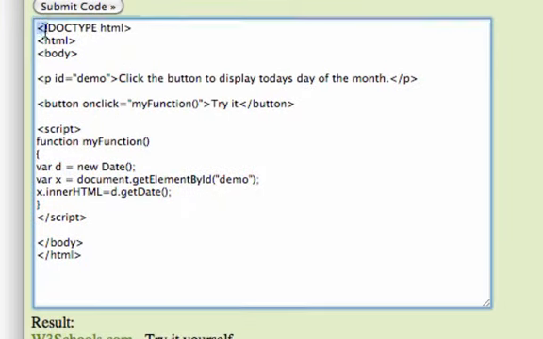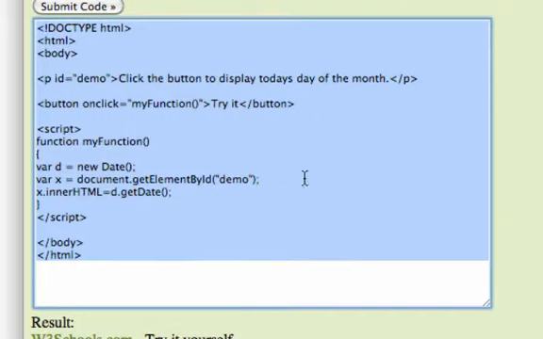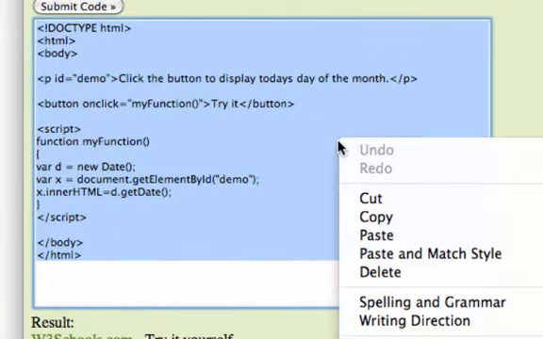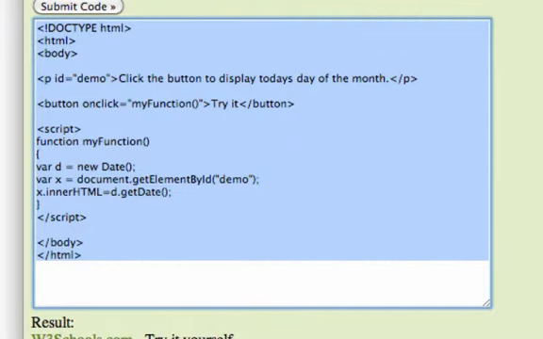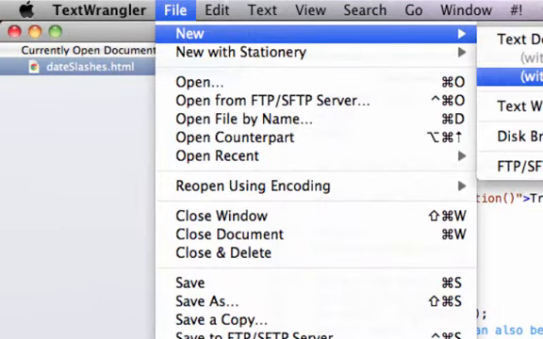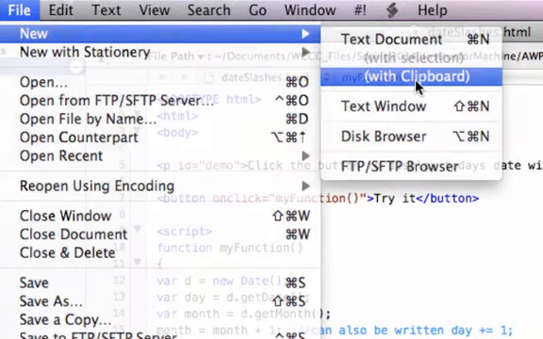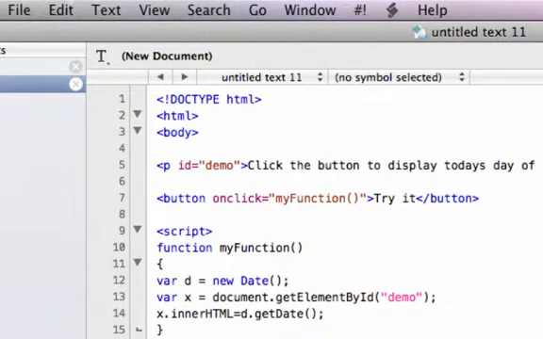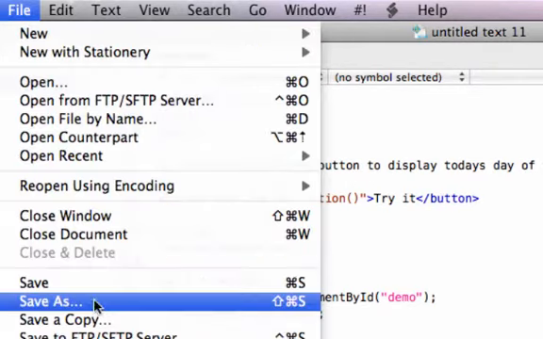So I'm going to highlight all this code, and I'm not going to work in here because I like the color coding of Text Wrangler or Notepad++. I'm going to right click and copy, and I'm going to go to Text Wrangler, and go File, New with Clipboard if you can do that, or you could just make a new document. And it pastes it right in here. If it doesn't color code it for you, you might have to save it because it may just be a text file. I'm going to save mine,